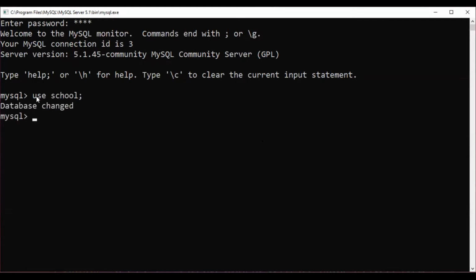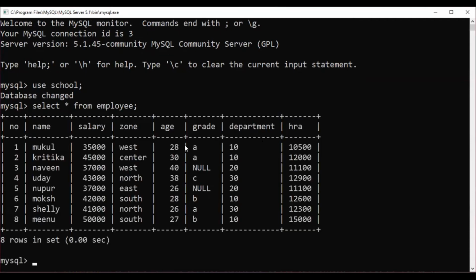For that, I'm selecting a table. Inside that, I have created a table named employee. So select star from employee will display all the data entered in that table. These are the data which have the columns number, name, salary, zone, age, grade, department, and HRA.